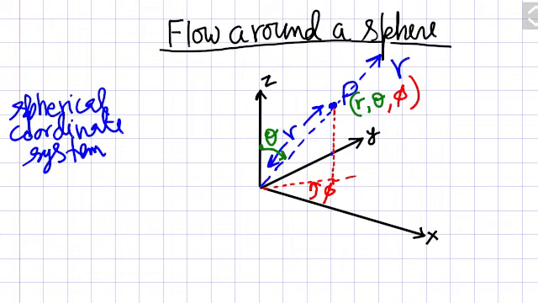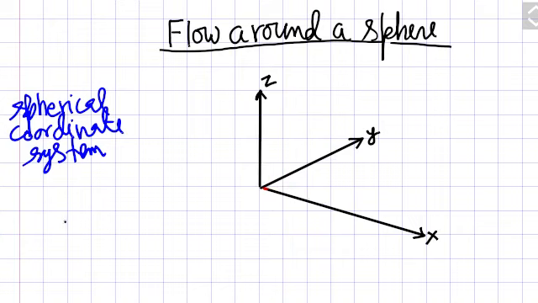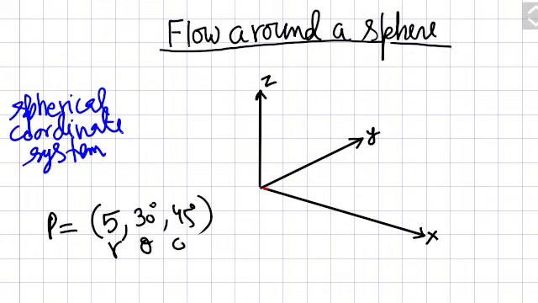Now for example, I say that we have to represent a point P in the 3D space using spherical coordinates with data 5 and 30 degree and 45 degree. So this is r, theta, and phi. So for this what you will do, first you take this distance. So where will these points be located? These points will be located on a sphere with radius r. So this point can be here at a distance 5 from here.